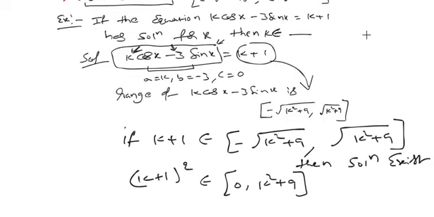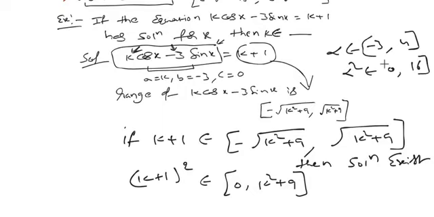Why? Because if we consider alpha belongs to the closed interval -3 to 4, then alpha square belongs to the closed interval 0 to 16. Because if you write 9 to 16, it is wrong. What about 1 square? 1 square also belongs to that interval. So that's why we have to neglect the negative part, which is the smaller one, so that we will get the correct answer. I think it is very clear for you. Once revise this.